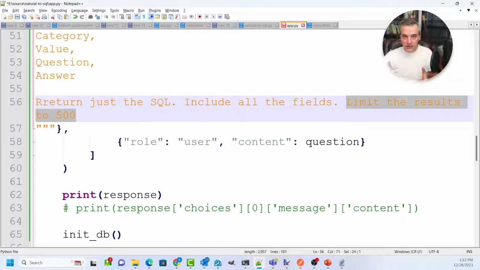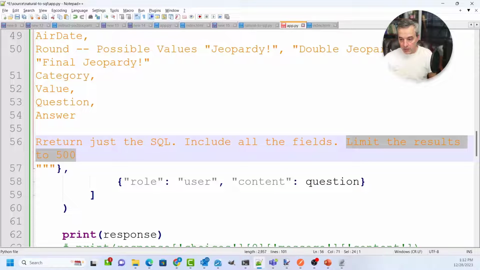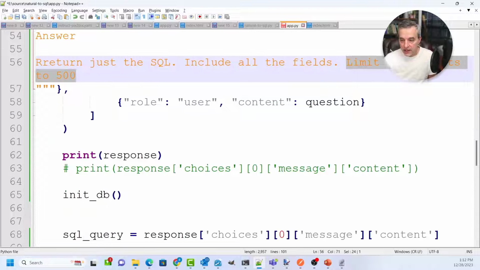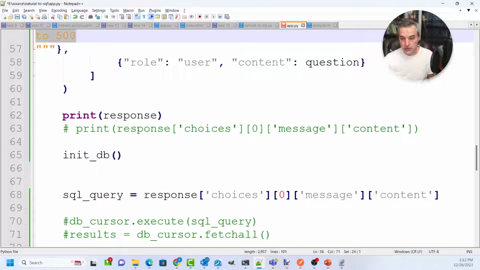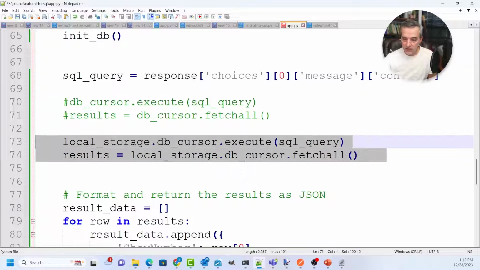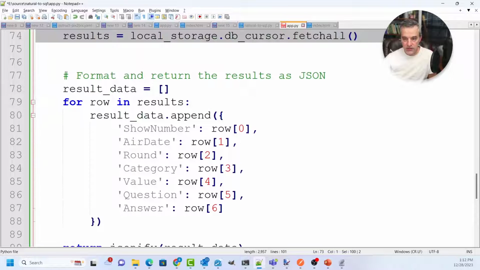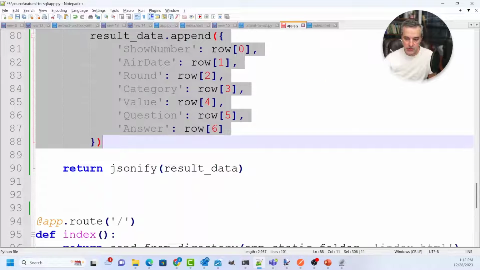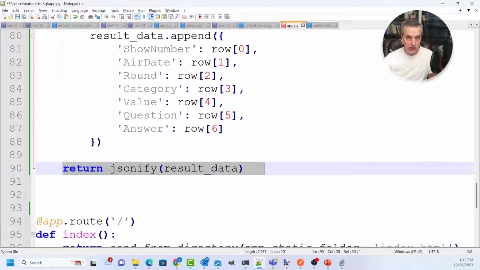And so with these parameters in mind, the language model should be able to take the question and convert it into a SQL query. So we take all that context in the question and pass it off to OpenAI. OpenAI then returns the response. I get that response back as a SQL query right here. Then it calls the SQL database and executes the query. And then it just iterates over the results, building back a return object, and returns the object back to the